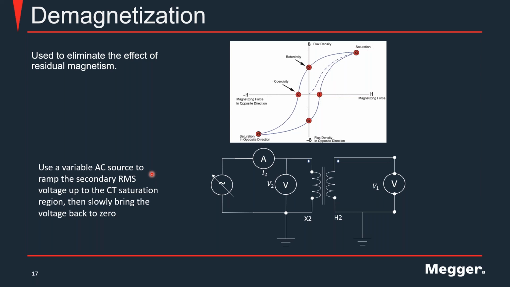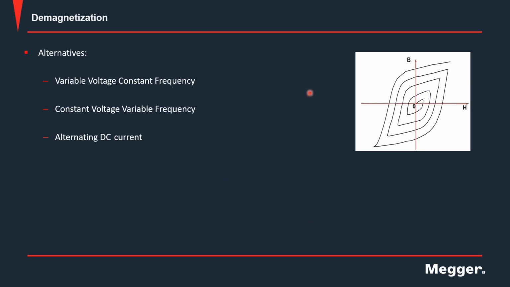You can use a variable AC source to ramp the secondary voltage all the way to beyond saturation, and then bring it back until the voltage is at zero. Ideally, you want your CT to be here when you demagnetize it. Other ways of doing demagnetization include using a constant voltage. The first one, the one that we mentioned in the previous slide, was using a variable voltage and constant frequency. You could also use a constant voltage and variable frequency,